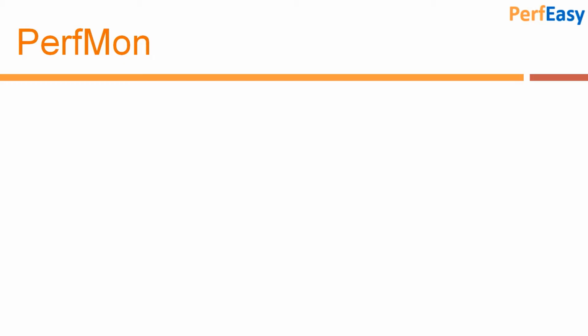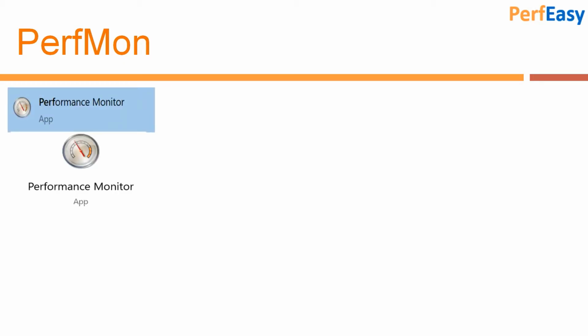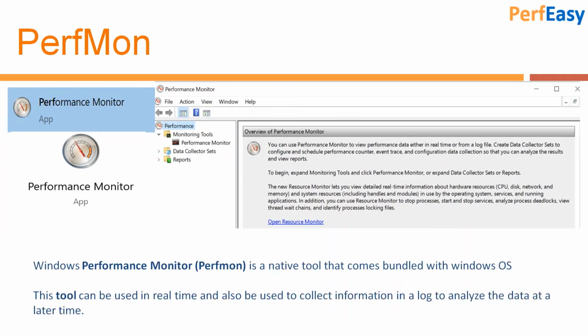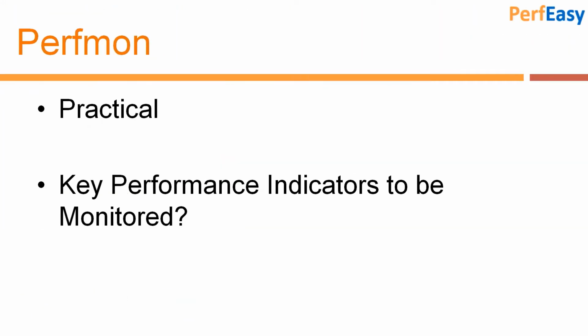Now let's come to the topic of today, that is Perfmon. Perfmon, or Performance Monitor, is a default utility provided by the Windows operating system. So if you have a Windows server or a Windows laptop or a Windows desktop, this performance monitoring utility will definitely be there in your system. So anyone can use that. So let's stop these theoretical things and see how we can use this practically.